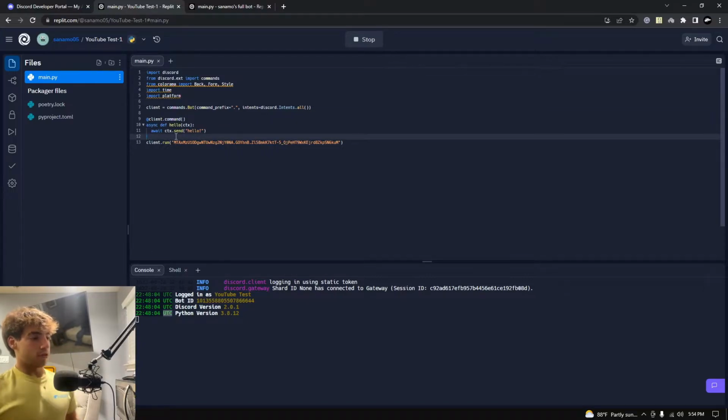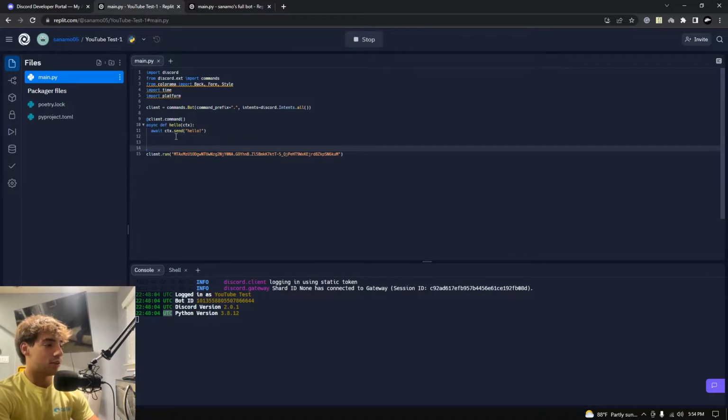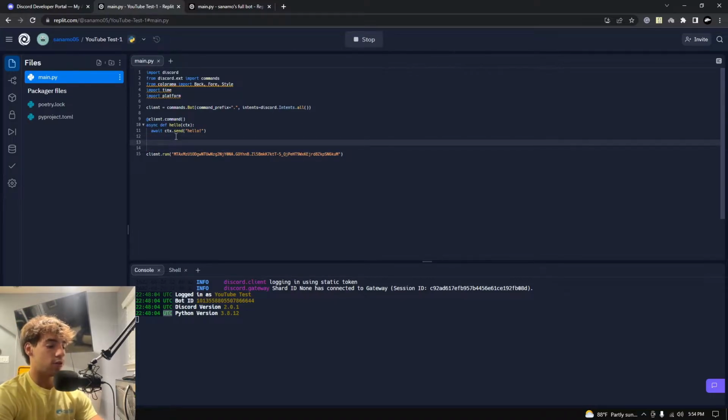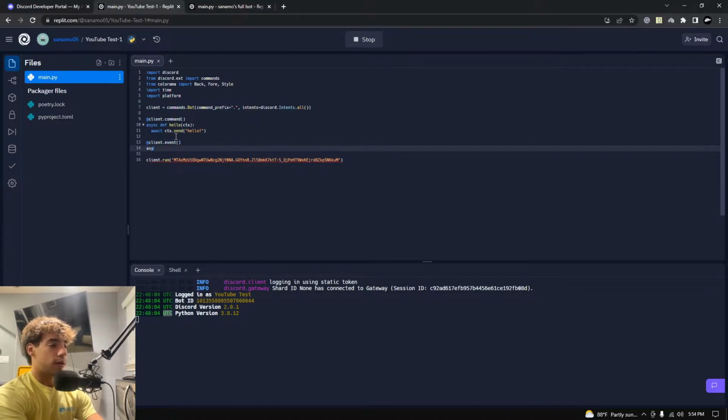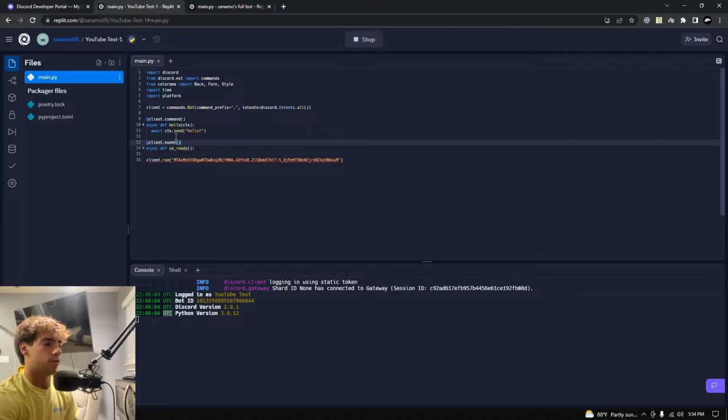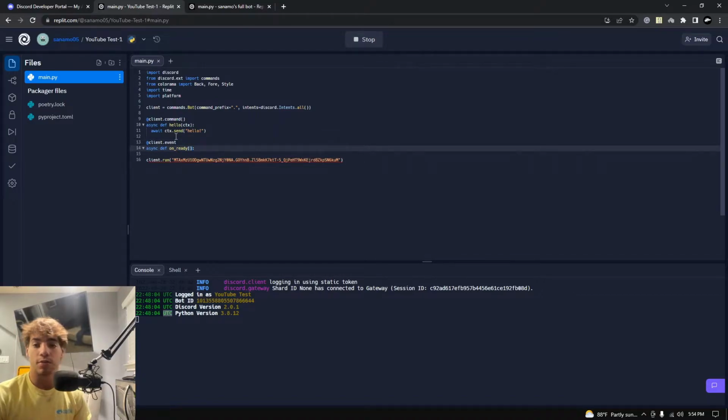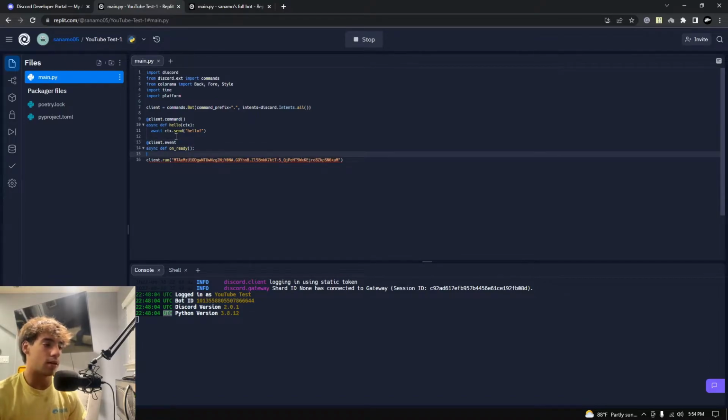So let's get into this. In order to initialize an event, instead of calling at client.command, what we're actually going to do is do at client.event. And then we're going to do async def onReady. And for an event, you actually don't have to pass anything. So you shouldn't have parentheses right after an event because there's nothing you can really pass to it. And it'll actually give you an error if you leave those parentheses in. Yeah, so onReady, you don't need to pass anything inside of the onReady